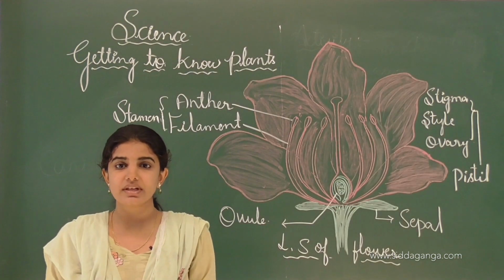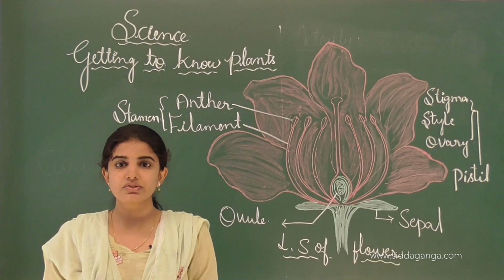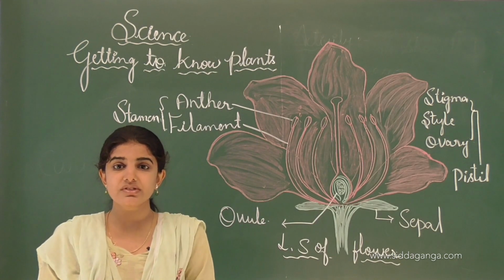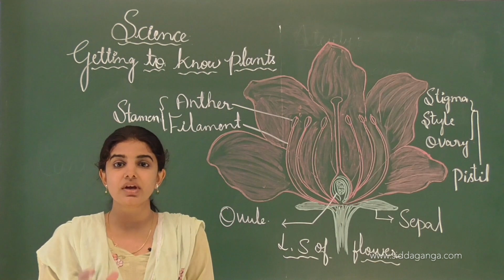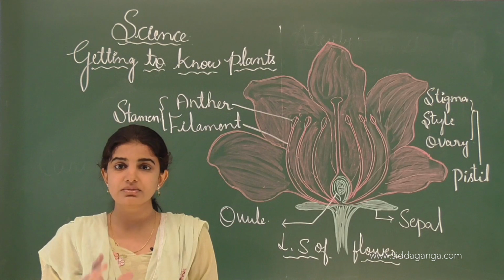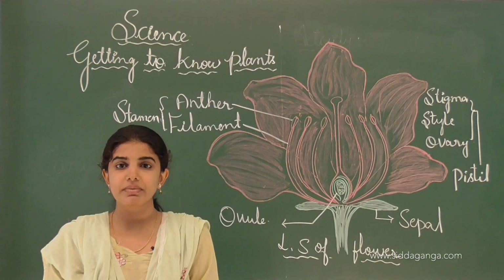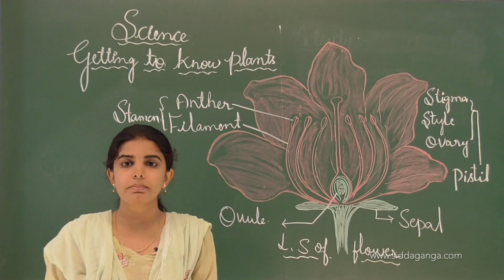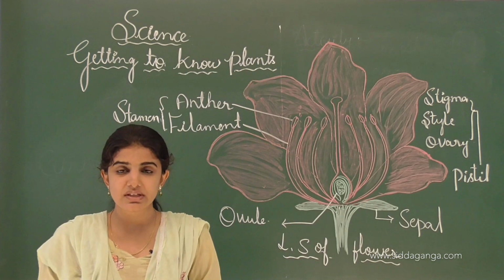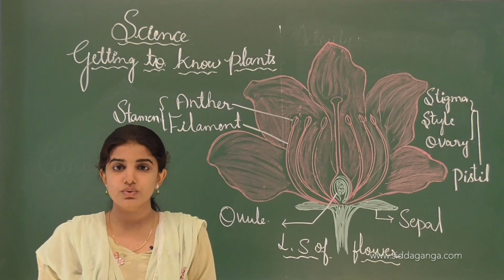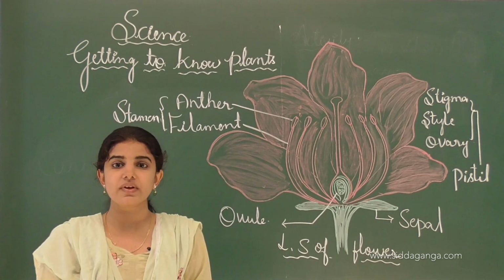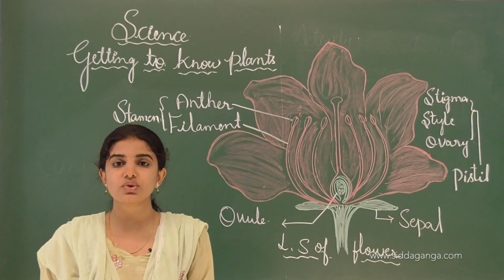This is how we can say there are different parts of the leaf. The next one is the function. The first and most important function of the leaf is photosynthesis. As the name indicates, photo means light and synthesis means to prepare. Here the leaf prepares food and circulates it through the plant body, using simple substances like carbon dioxide, which is present in the atmosphere, and water, which the roots absorb from the soil and circulate throughout the plant.